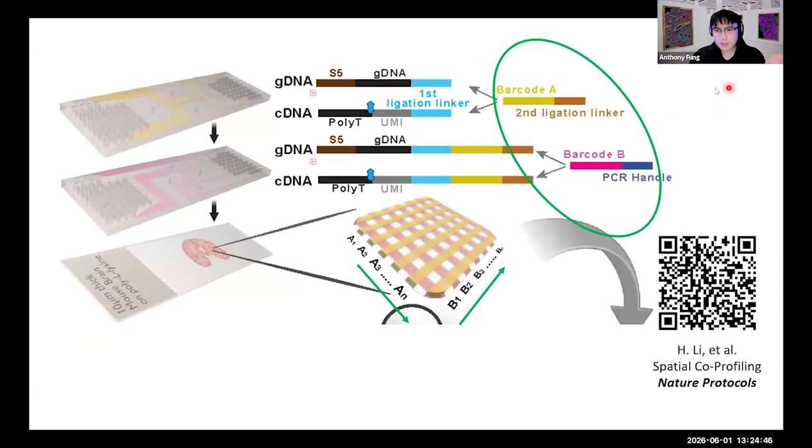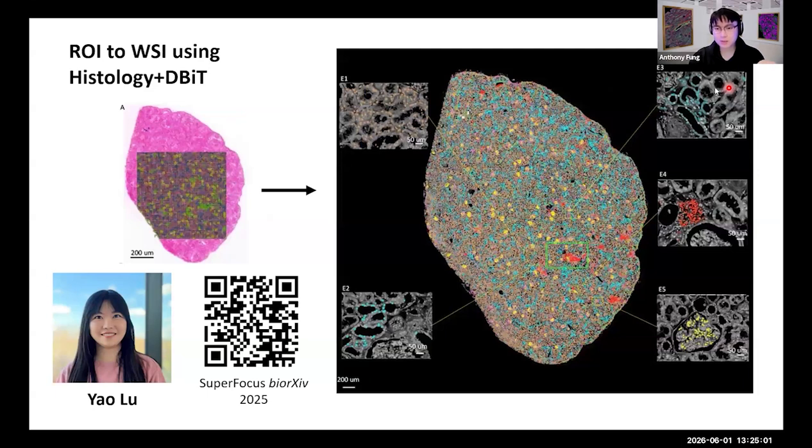Once you have these barcodes A and B linked to the endogenous DNA and RNA, we can mix everything up, sequence them, and map them back to where they were spatially, because it's a grid. And using the histology image and vision transformers, we can impute that to the entire tissue sample to get very deep sequencing for every cell that we have,